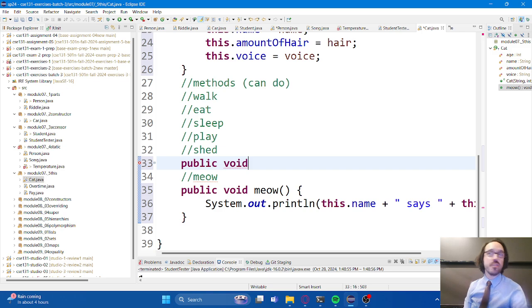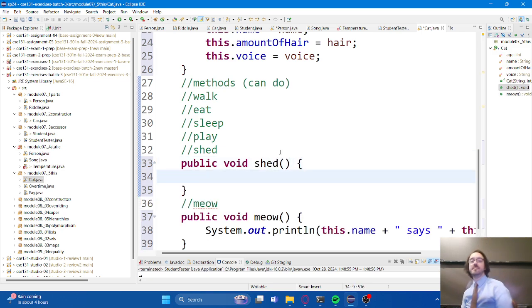That's the fun part, the creative part of this, is you can make your objects behave the way you want them to behave. You don't have to make it work the way I want to if you don't want to. So we want our cat to shed. Now we have to be a little bit careful, right? Cats shed a lot, that's true, but they can't shed infinitely. If they don't have any hair left, then there's nothing for them to shed. So I think this is worthy of having an if statement.